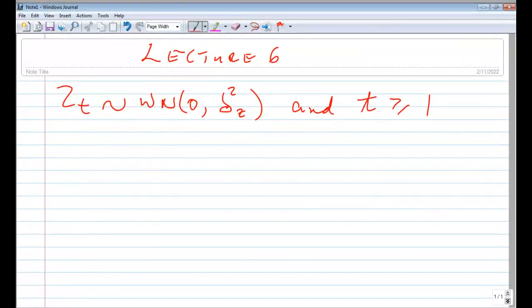So if Zt has a white noise with mean 0 and variance sigma squared Z, and t is greater or equal to 1, then the process